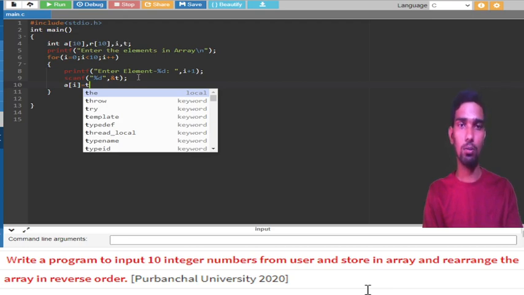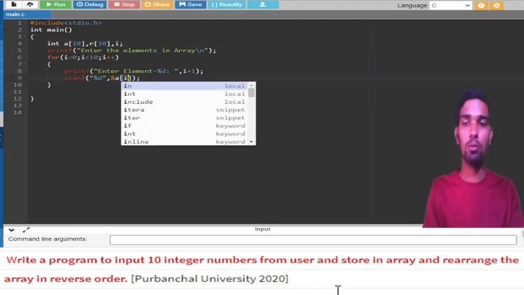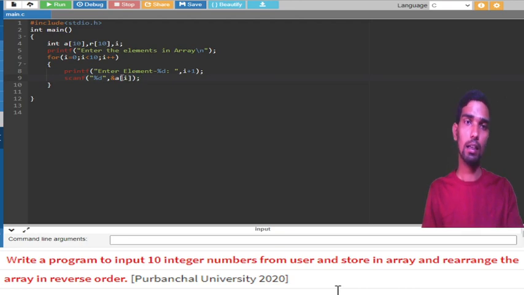That also I can do. Okay, so it is better to remove that t, since I think it unnecessarily extends the program, so let me make it a little easier. Okay, %d, &a[i]. So we are storing in the array, right?